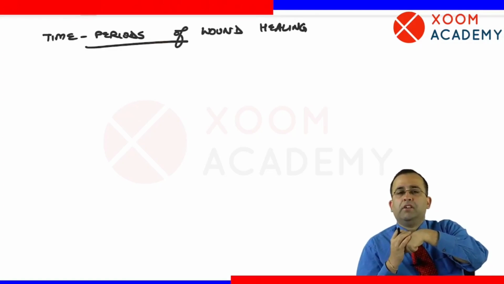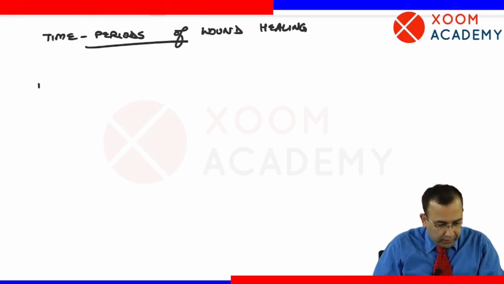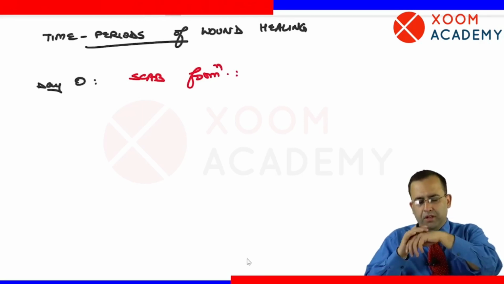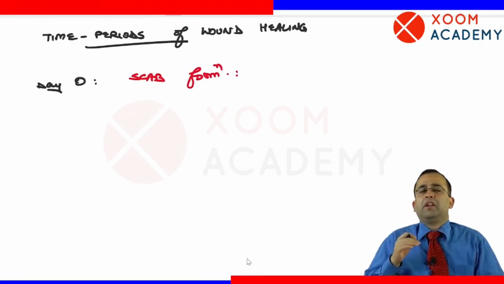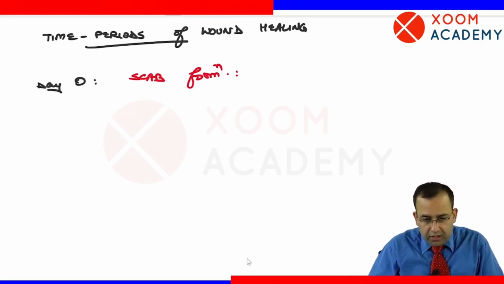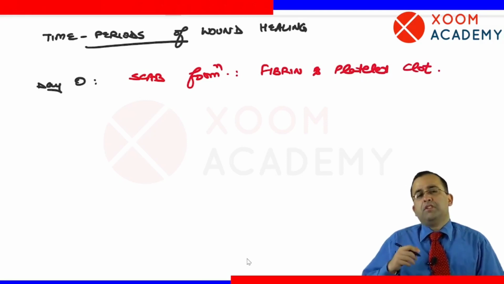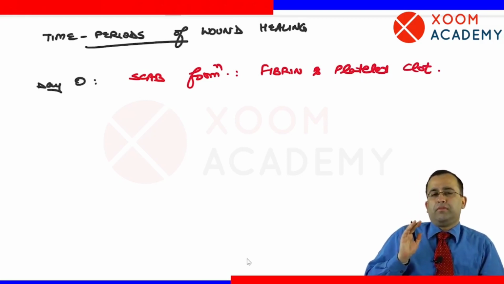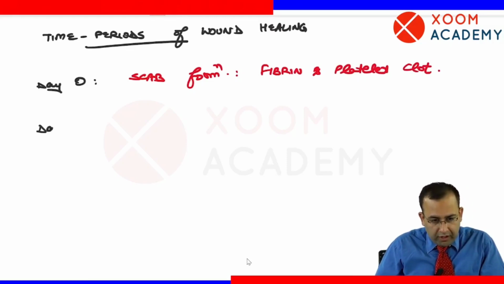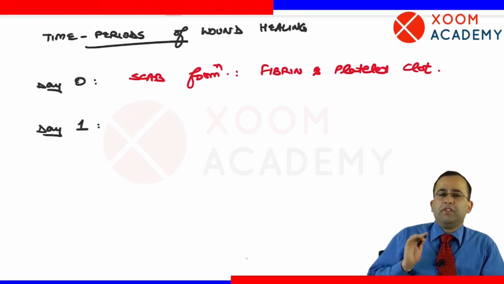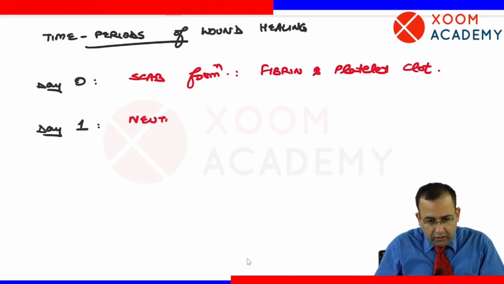So when we get physically hurt, first of all on day zero, there is scab formation. Scab formation means that thin crust that forms, that is called a scab. Day zero is scab formation, which is just a fibrin and platelet clot. Next point, day one. Which is the first cell of acute inflammation? Neutrophil. So it is associated with